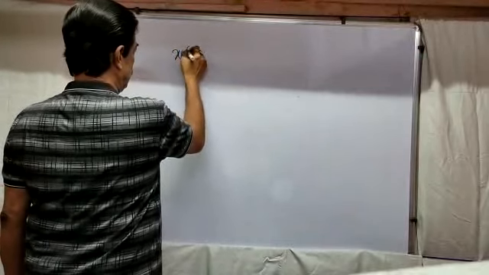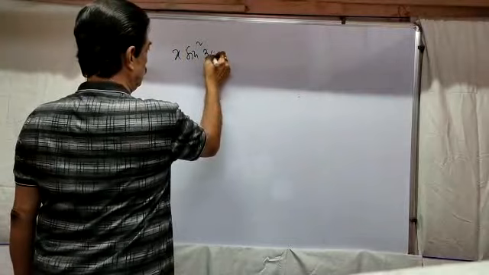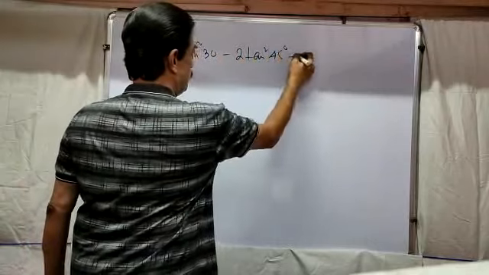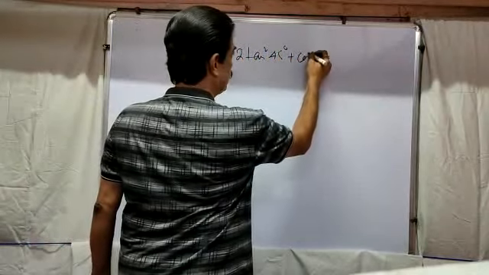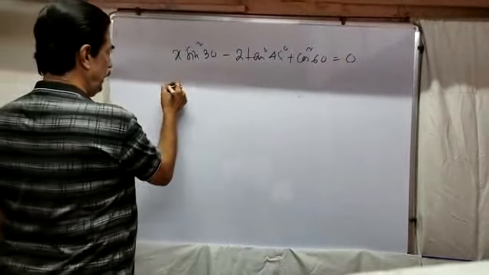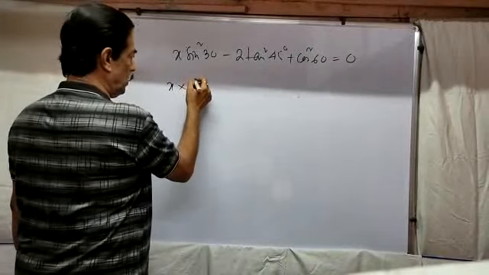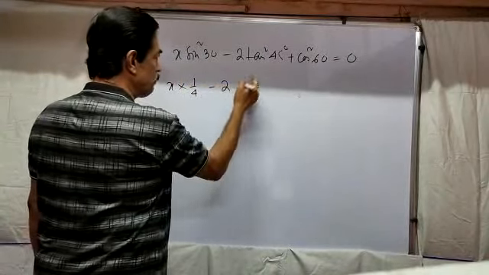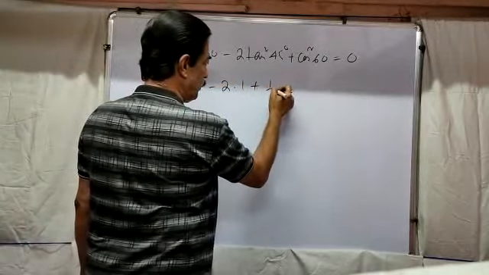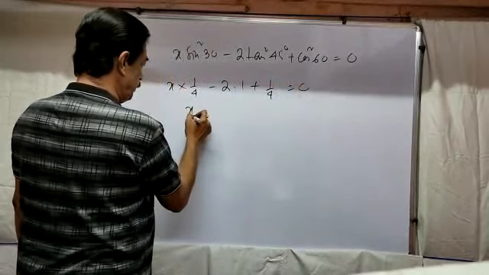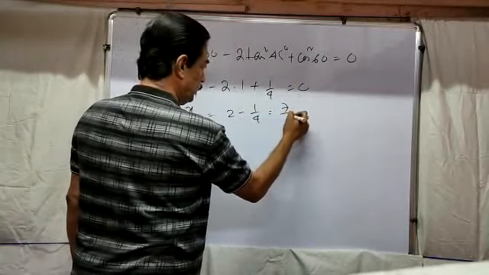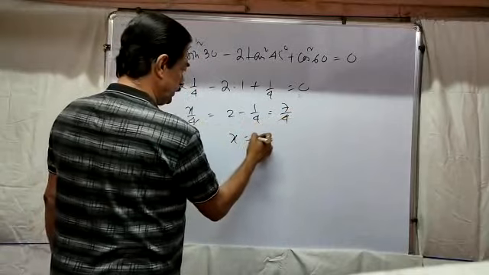They can give x sin square 30 degree minus 2 tan square 45 degree plus cos square 60 equal to 0. So what is the value of x? Just put x sin 30 half, so half squared 1 by 4, minus 2 tan 45 is 1, so 1 square is 1, plus cos 60 equal to half, so half squared equal to 1 by 4. Result is 0. So x by 4 equal to 2 minus 1 by 4. So 8 minus 1, 7 by 4. So 4 cancel, result x equal to 7.